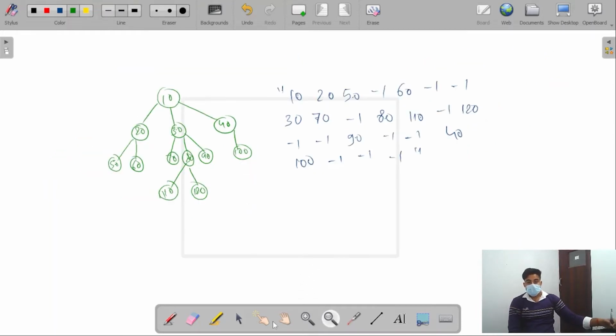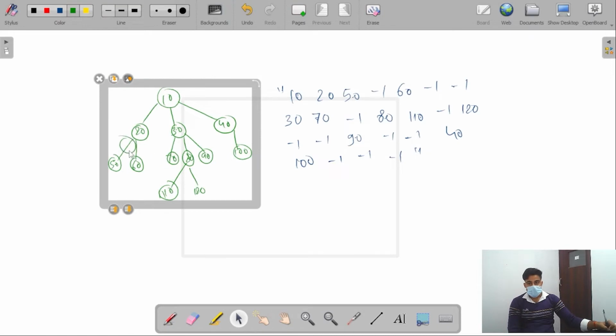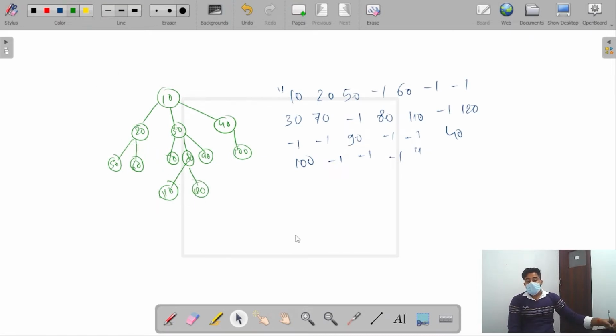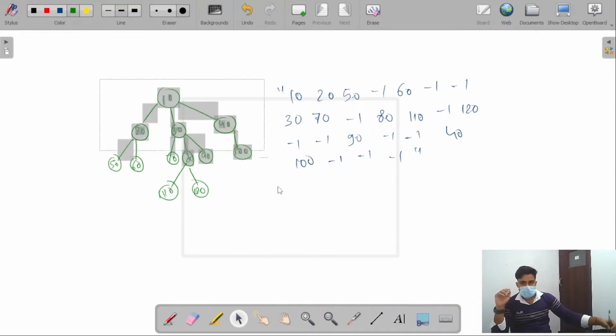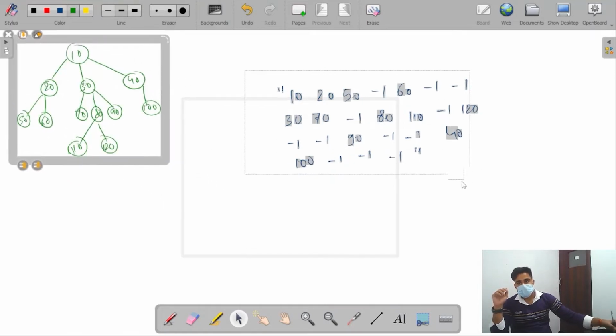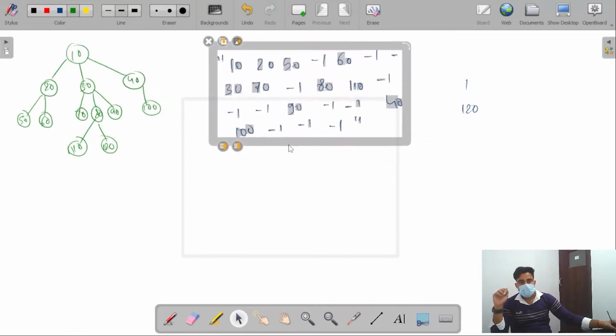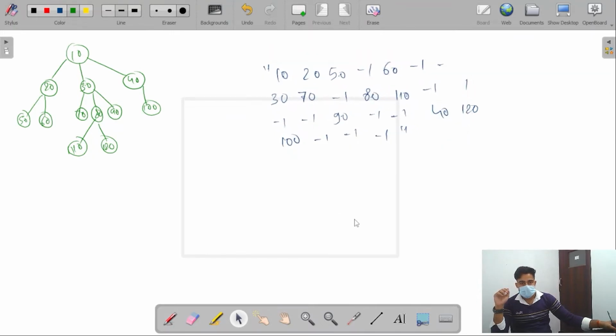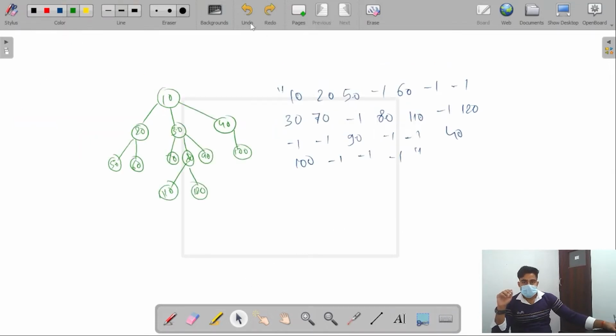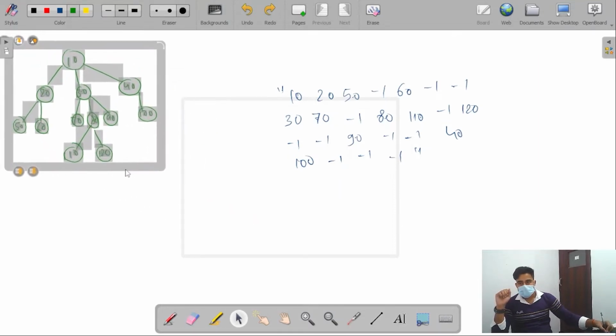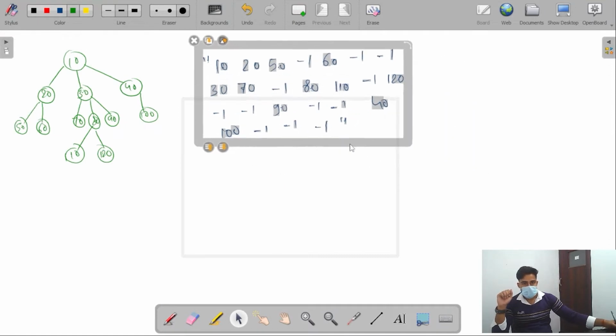Now what I'm going to do is use the serial string, deserialize it, and create this same generic tree. How will we do it? Let's try to figure it out. At first, let me put this somewhere here and this somewhere here.